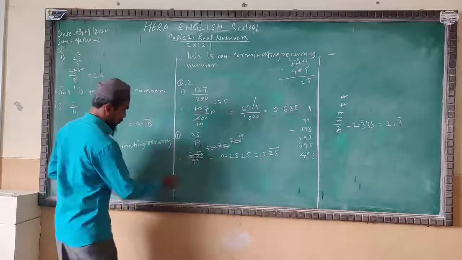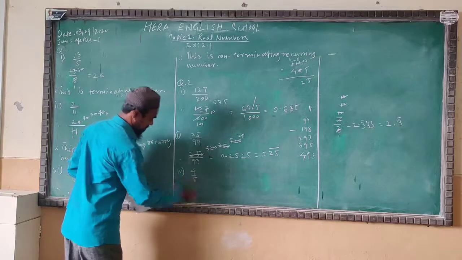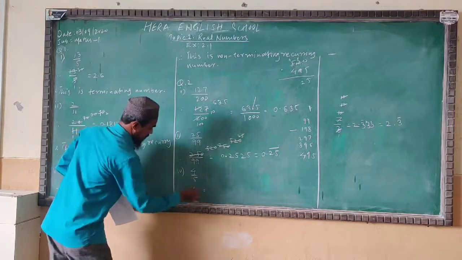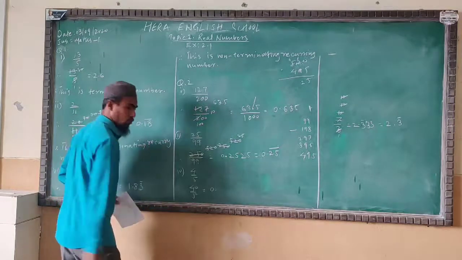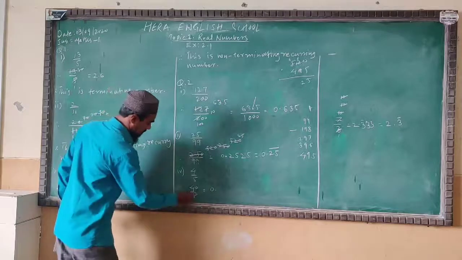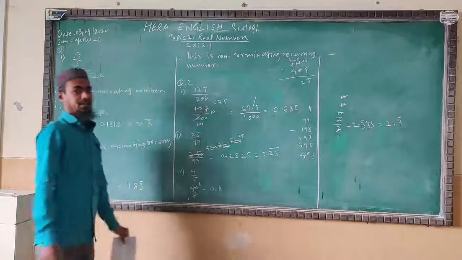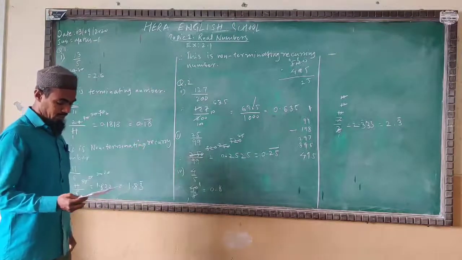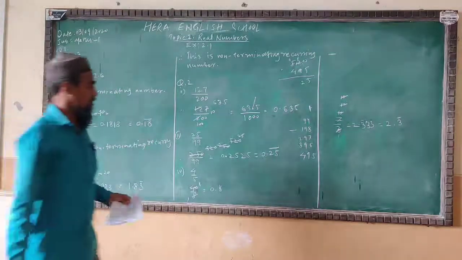Next one is there, the fourth one. I am going to explain 4 upon 5. Here this is a simple question. Now 4 is less than 5, so we will take the 0 point and increase here 0, you will get 40. 5 eights are 40. The answer is 0.8. It's the decimal form of 4 upon 5. Okay, you got everyone? I think you got it. Now come to question number 3.